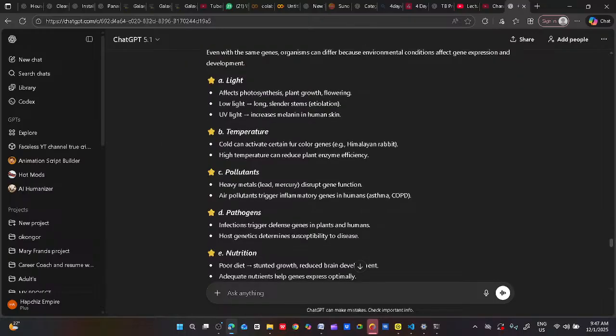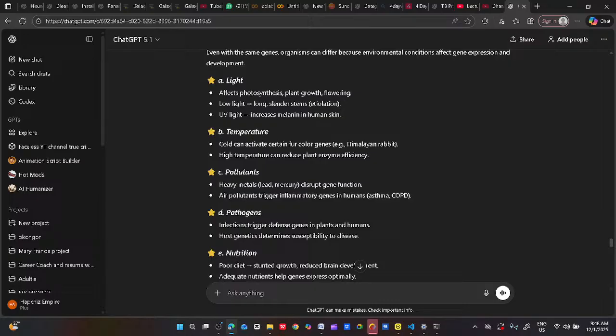Cold can activate certain fur color genes. Fur. That is fur. What do you call fur? Do you know that? That is fur color in rabbits. Okay. Then high temperature can reduce plant enzyme efficiency. You should know that